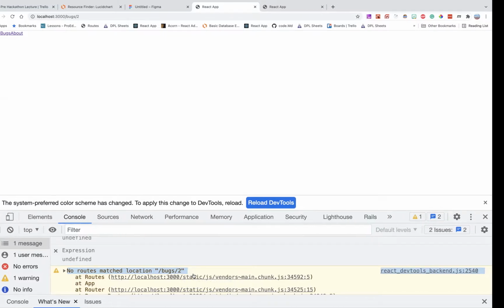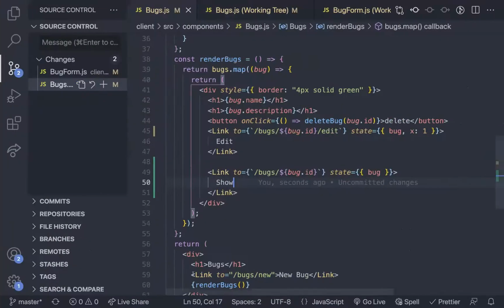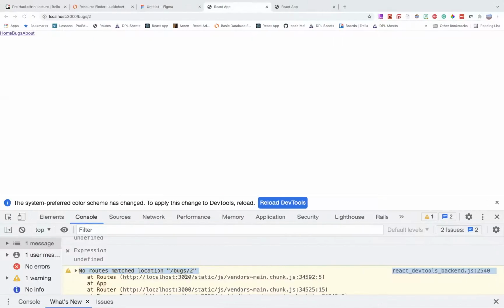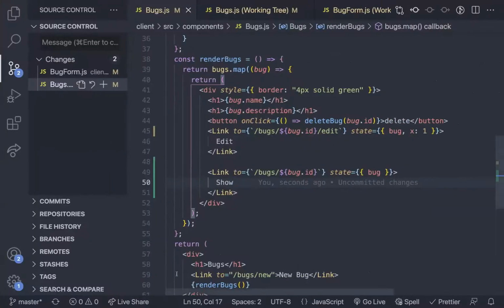Or does anyone know where I need to fix this? Probably need to add a Find it route here. Map. Okay, you kind of talk. I heard app.js,